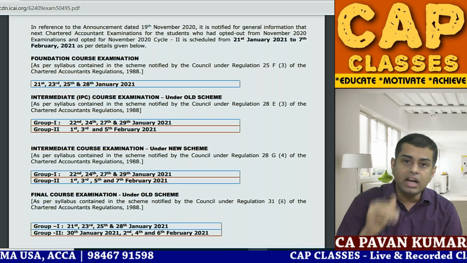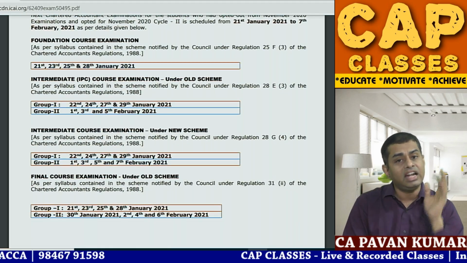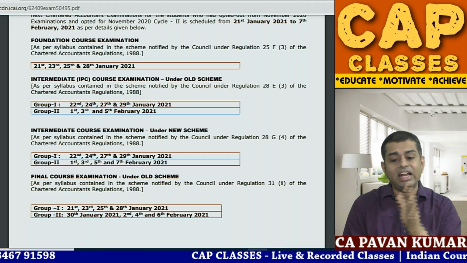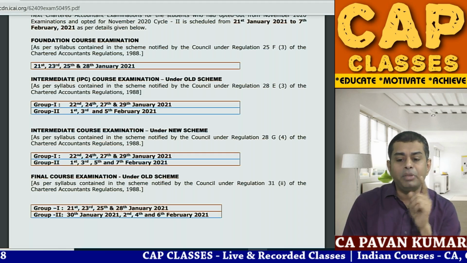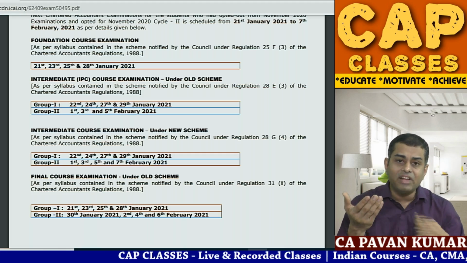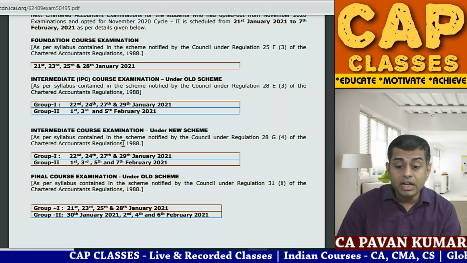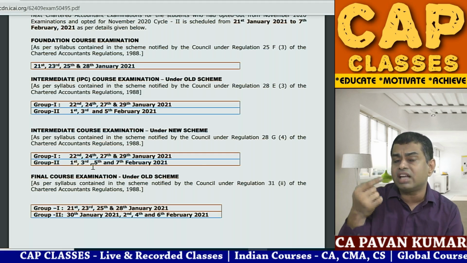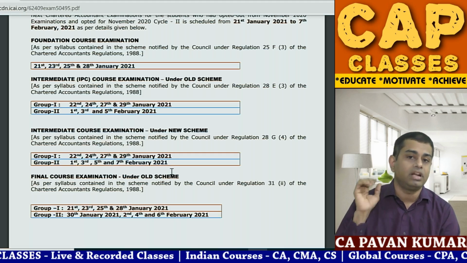And if you are a new syllabus student, CA intermediate new syllabus, your exams start on the same date: 22, 24, 27, 29 for group 1, no change. In the second group, because you have one more paper, IPCC has 7 papers, in group 2 they have only 3 papers, you have 4 papers. So you have to write the examination on 1st, 3rd, 5th, and one more last FM and Eco examination will be held on 7th February 2021.